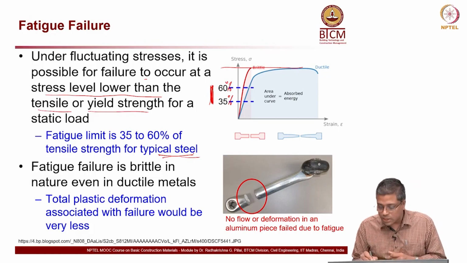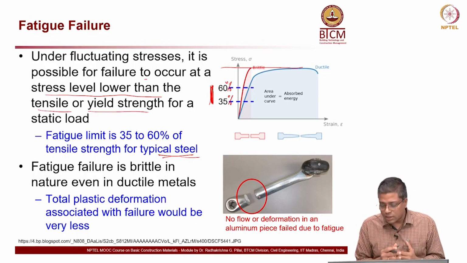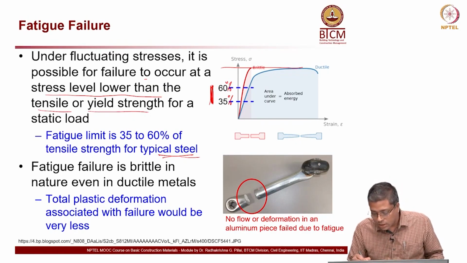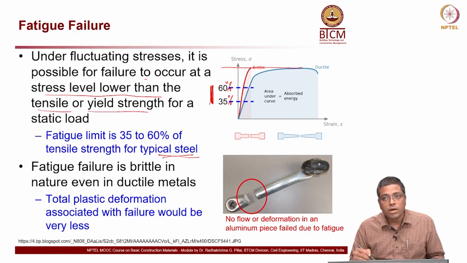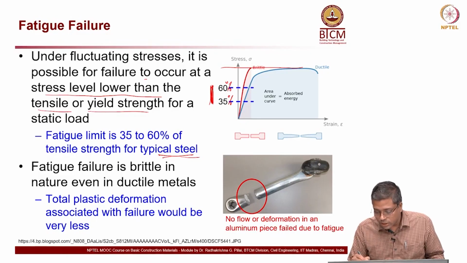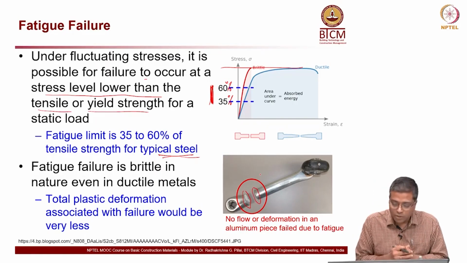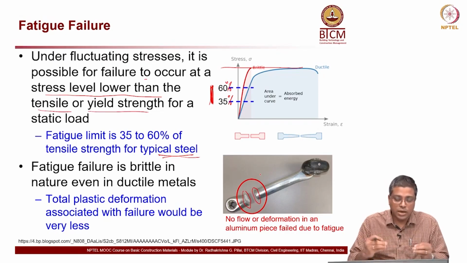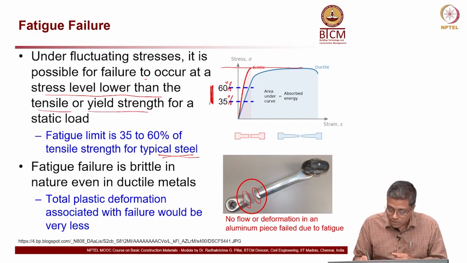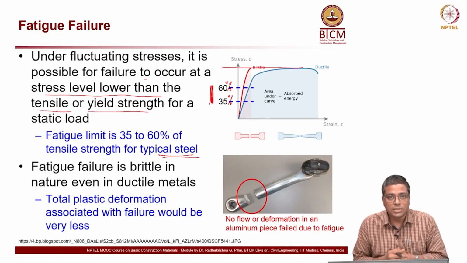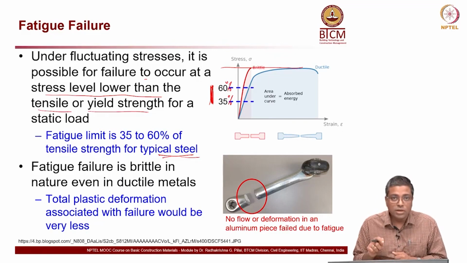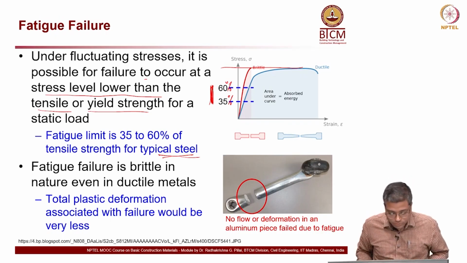nature. Here I am showing an example of an aluminum piece which is highly ductile as compared to steel, but still the aluminum piece is broken by fatigue mode. You can see that there is no real flow of the material here, and it just broke into two pieces without really deforming like in the usual case. The necking and all that is not happening here. If the same aluminum piece is pulled in a tensile strength test, you might probably see necking and then cup and cone failure, but here you are not seeing that. This is because it is a fatigue induced failure.